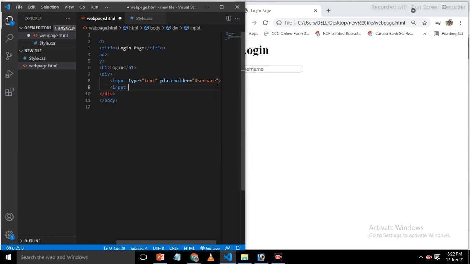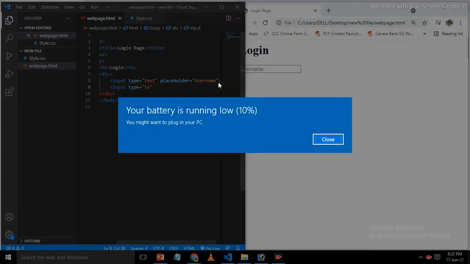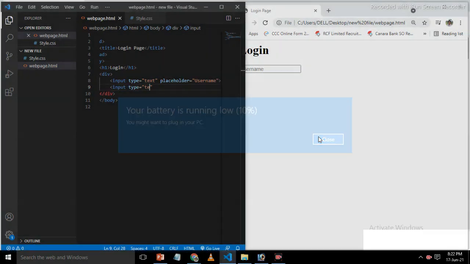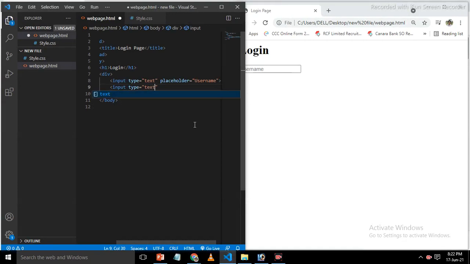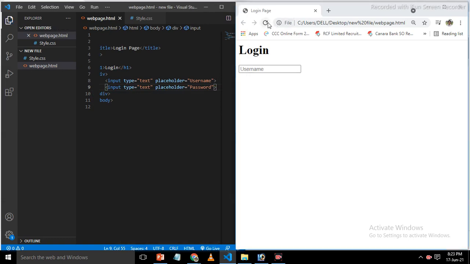Input type equals text, placeholder equals password. Close the brackets and save, and here we refresh and the password comes out.